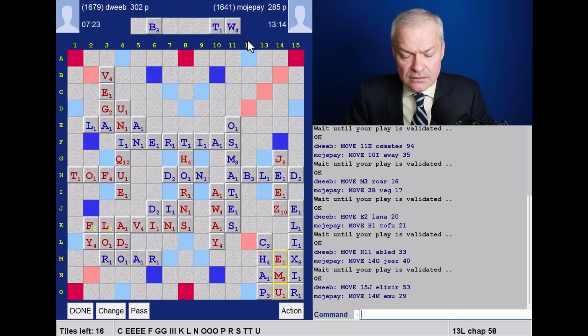However, there's one fewer consonant. It increases my chances of drawing a vowel, and there is a floating vowel in Osmates. And I wasn't in a big hurry to play in column 12 because, of course, that would be providing 3 floaters. I'm going with,